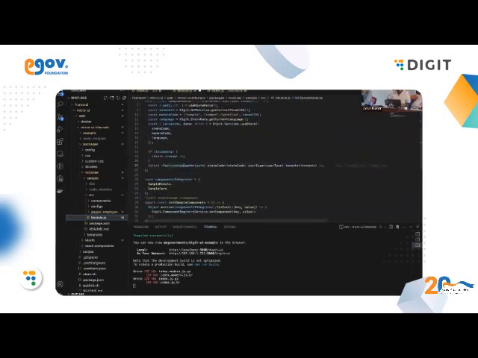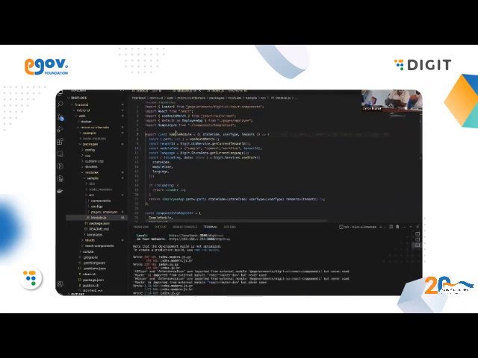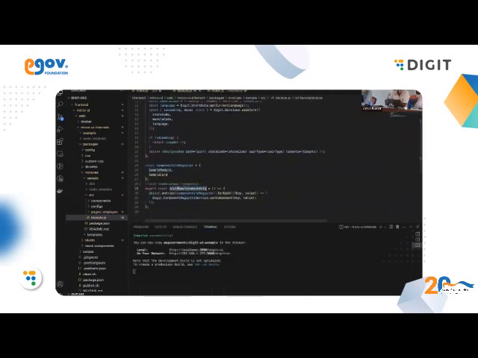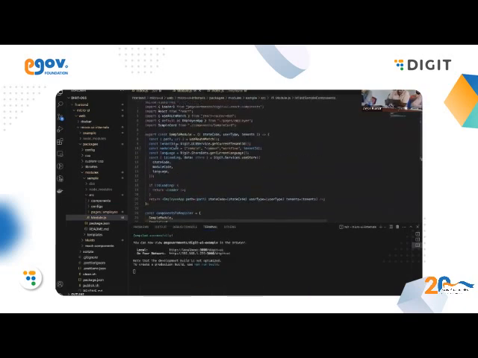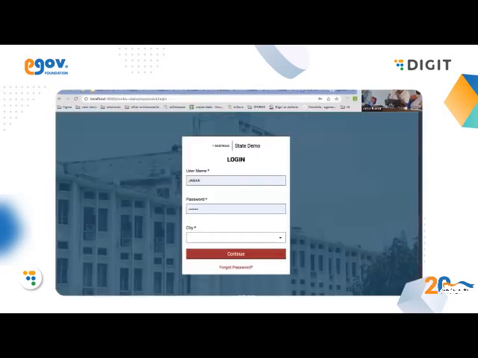So I just created a sample module. In the sample module, I have just exported two things: one is sample module, and then init sample components. The other thing is, every module will have a card component. So what is this card component? Basically, this card component is your home page. So in your home page,